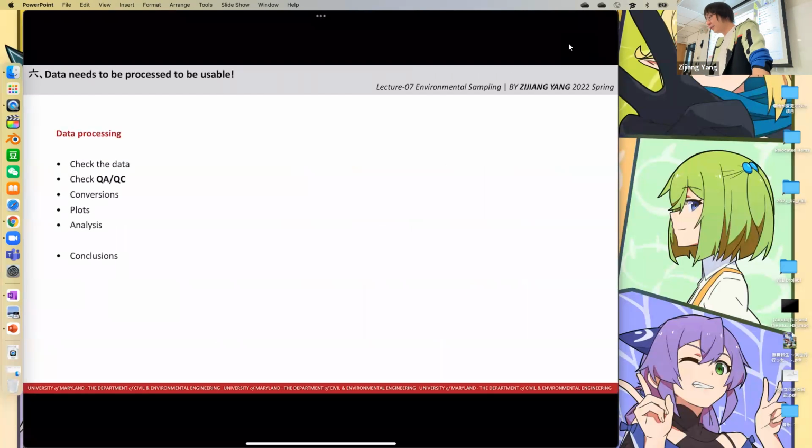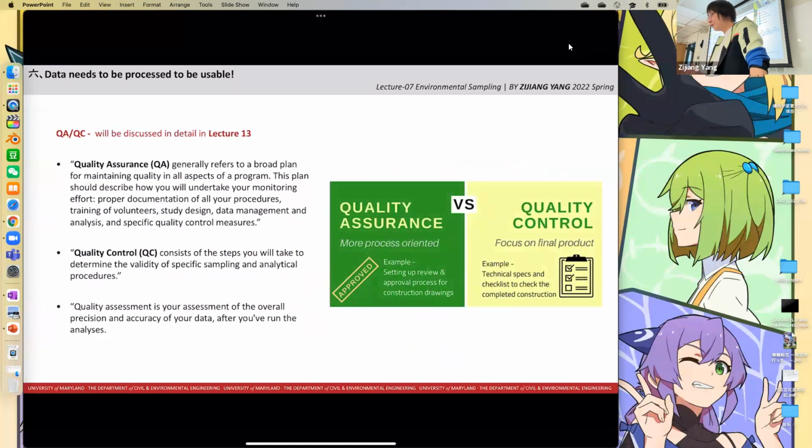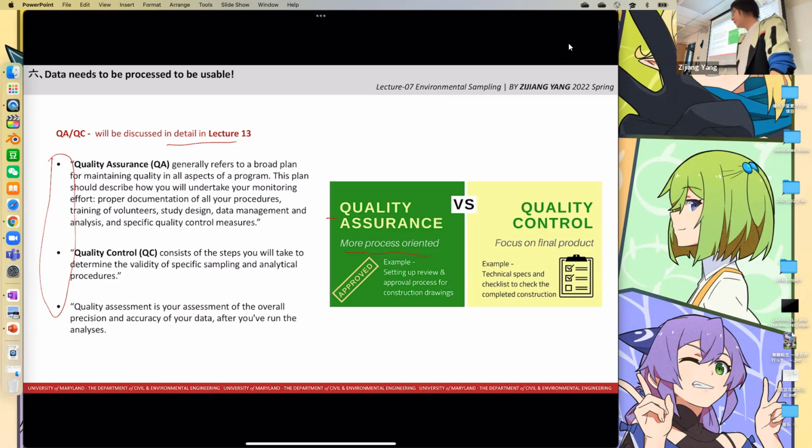And the last one is data processing, and I think it has been covered in the previous lecture. The QA and QC will be discussed in a future lecture, but here I want to mention some general concepts. It will be discussed in detail in lecture 13. Basically, QA refers to quality assurance, and it is more about the process, making sure our data is accurate and precise. And quality control usually focuses on the final products or the final results, so we are going to do some checks